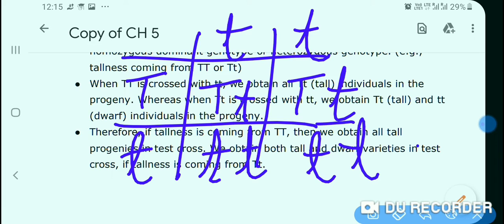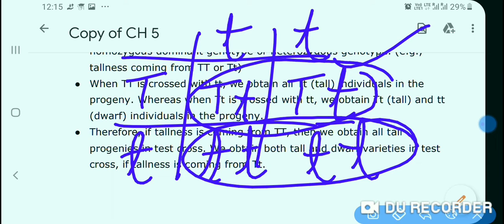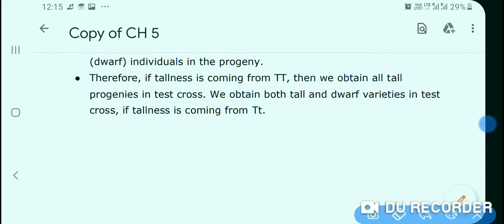Here you can see that these are the parental combination. That means these types of genes were present in the parent, but we find a new combination. What is the ratio? This will be 50% parental combination and 50% new combination. That is 1:1. This is the test cross. The test cross is a type of back cross.